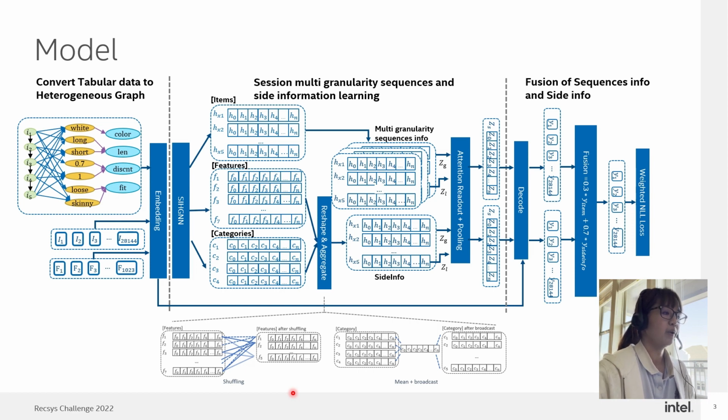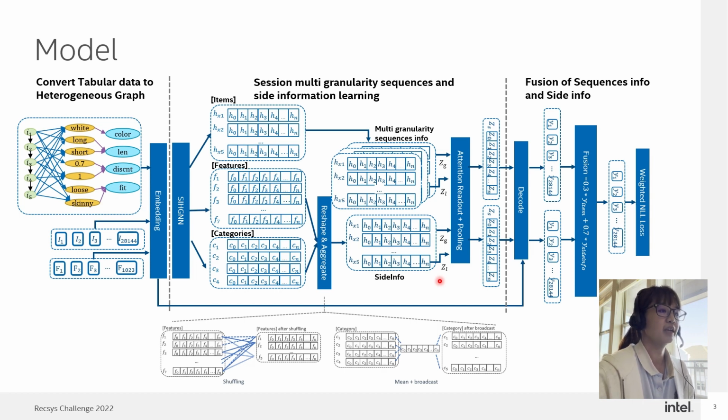Then we have a new reshaped embedding table which shares the same size as item. For the category, we just do a mean and broadcast because the category is more general information. Then we add these two reshaped embedding tables together as our site information embedding table and decode it as a second